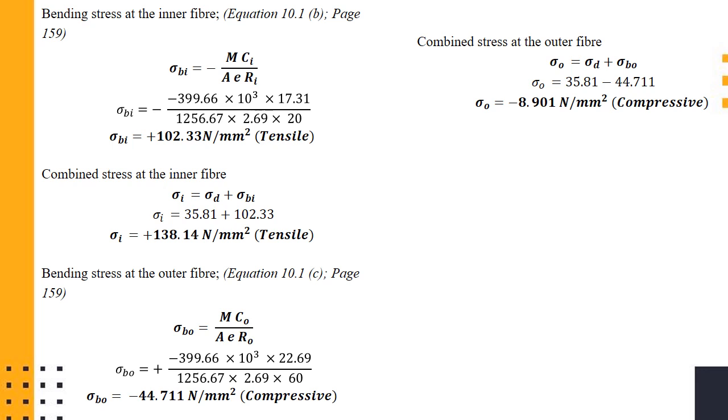So we have calculated the bending stress as well as combined stress at the inner as well as the outer fibers with respect to section BB, which is acting along the line of action of load, and also at section AA, which is perpendicular and 90 degrees away from the line of action of load. So these are the calculations which we have to do in this particular